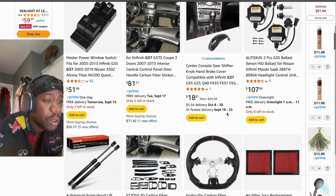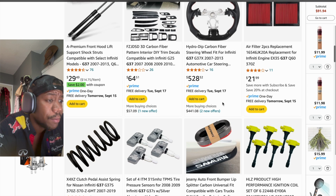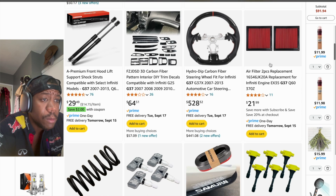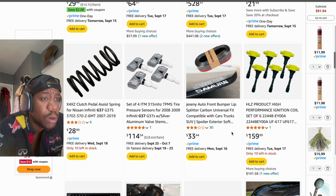And it looks like Amazon is getting a lot of stuff for cars now. So Amazon is going to be taking over everything soon, guys. Even a steering wheel you can get here on Amazon, right? These filters, and looks like they got some kind of springs here as well. You guys can get